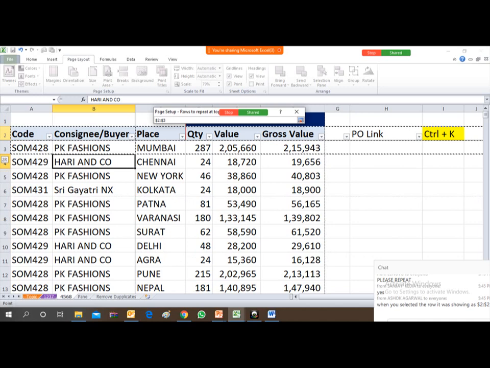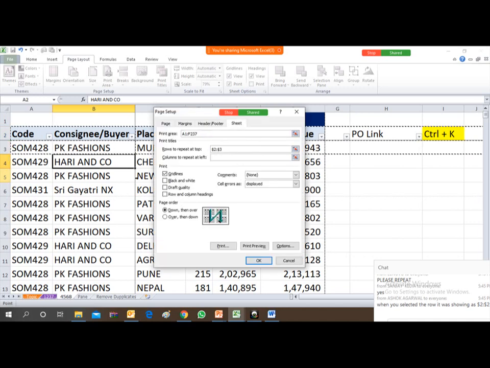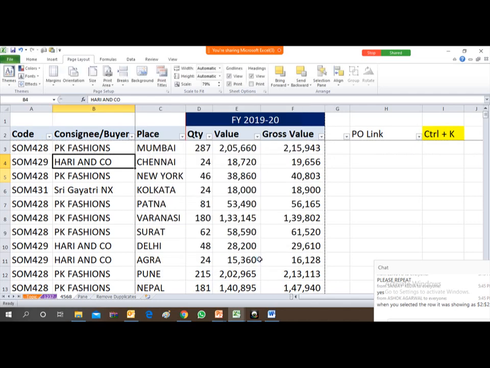Say I am selecting two rows at a time. Now you see friends, the selection area is $2:$3. It means the entire row number 2 and entire row number 3 are selected as the header of the page. Now just put OK. If you put OK, the work is done friends.